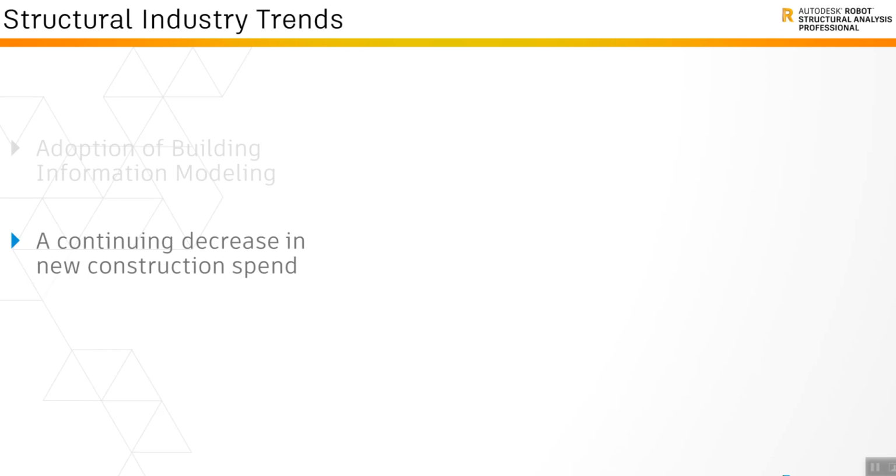All the contractors and engineers are making their way to BIM. So the demand for structural engineering firms to embrace BIM workflows increases. As I said, the first industry trend which is evolving is adopting BIM in technology. The second one is decreasing new construction spend. The global decline in new construction spend is creating an opportunity to access and improve efficiency in existing building stock through renovation and retrofit projects.